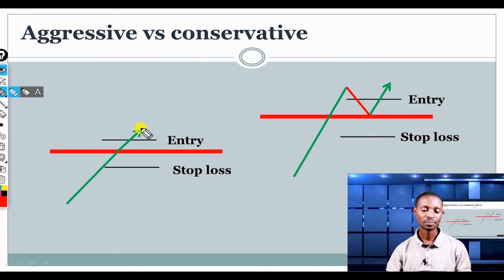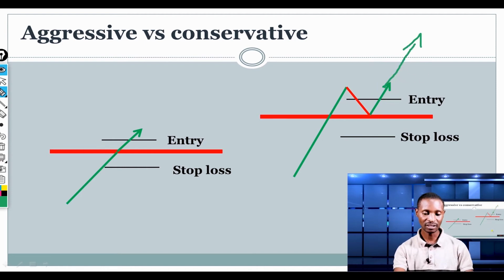The advantage is that you will be entered at a precise price. So now you are making a high probability trade. You know the high chance is that this market will continue to push up, and then you entered, so you have a high probability price. The disadvantage is that sometimes, especially in strong trends,